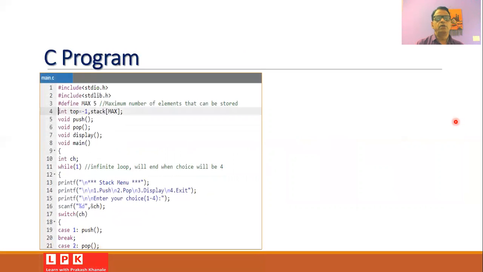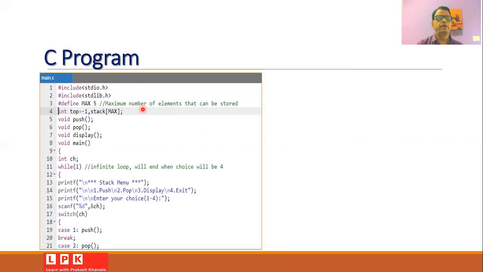Now let us write down a simple C program where we will understand how we can perform the push and pop operations on the stack. Initially we will include the required header files such as stdio and stdlib.